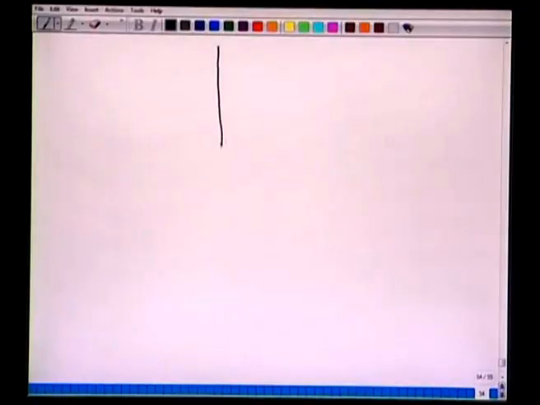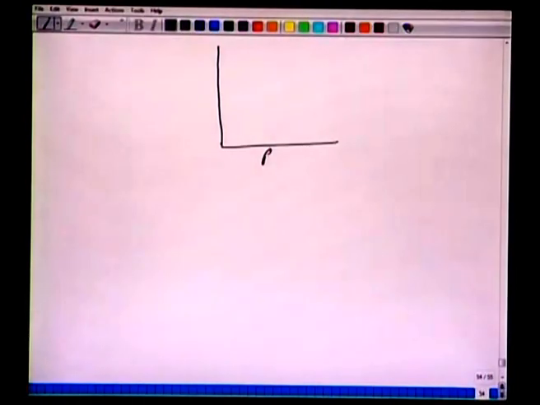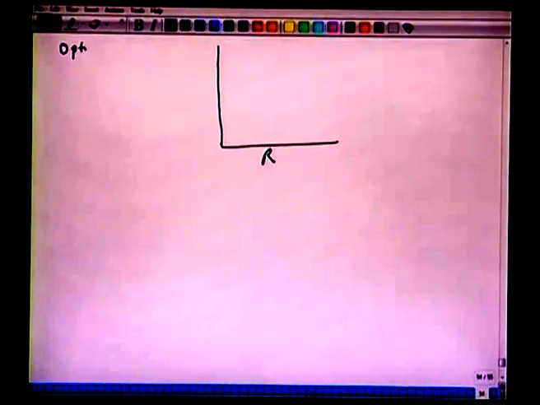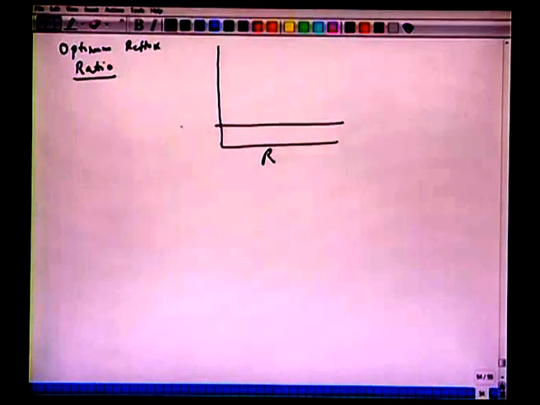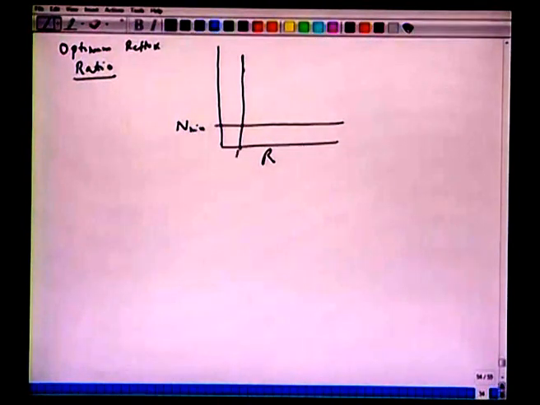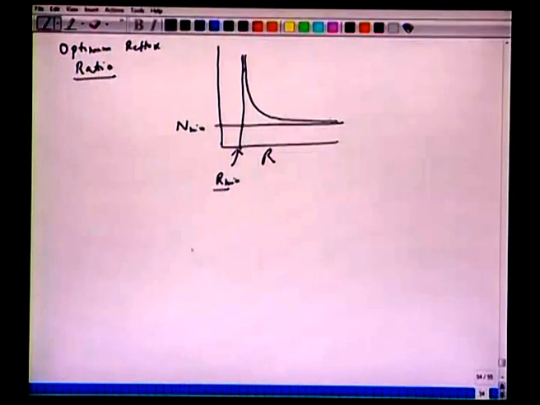So, if you plot reflux ratio R to address this optimum, you can see that if we increase the reflux ratio, it goes to infinity, very large, and we have the minimum number of plates. So, that is one limit, and there is an R minimum where we require an infinite number of plates. So, we have a shape like this, okay.